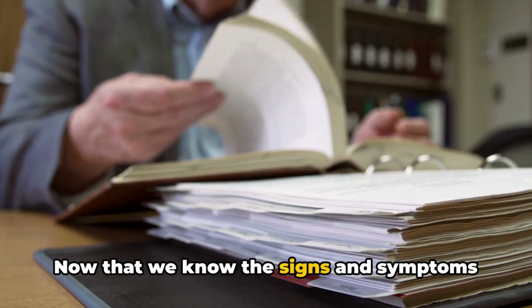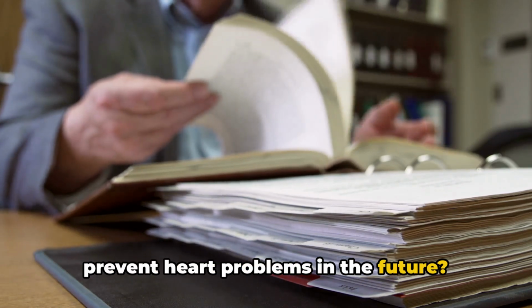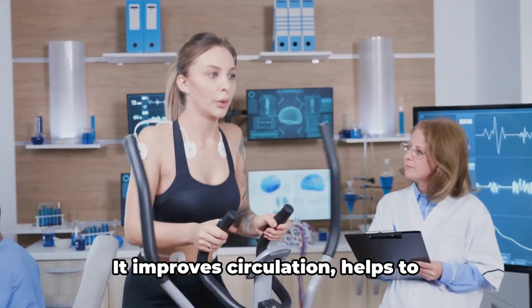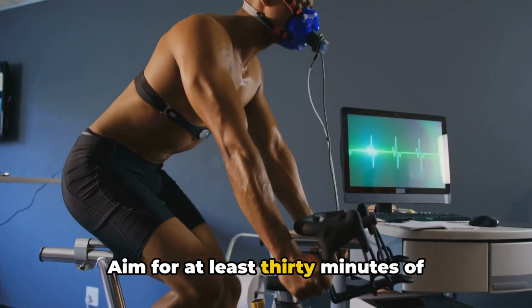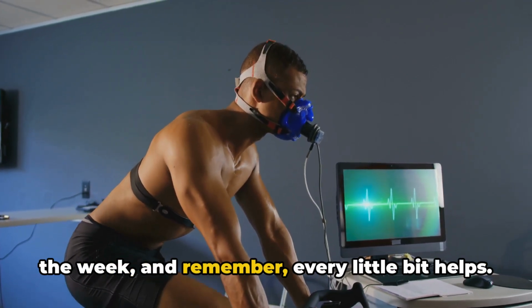Now that we know the signs and symptoms to watch out for, what can you do now to prevent heart problems in the future? First on our list is getting regular exercise. Physical activity is key for a healthy heart. It improves circulation, helps to maintain a healthy weight, and can even lower blood pressure. Aim for at least 30 minutes of moderate intensity exercise most days of the week, and remember, every little bit